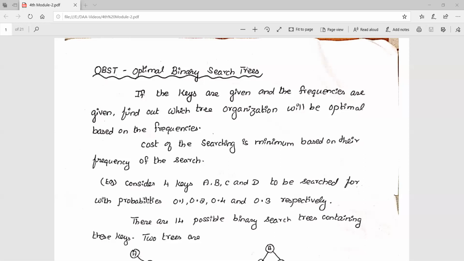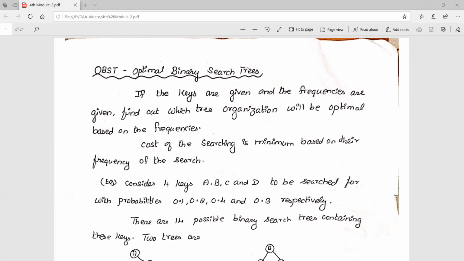In the binary search tree, the tree is like that only. Each and every node has 0, 1, or a maximum of 2 nodes. But when we are entering the values, the root node has some value. The left of the root node has the lesser value and the right of the root node has the greater or equal value. That is applicable for each and every node in the tree. That is the binary search tree.